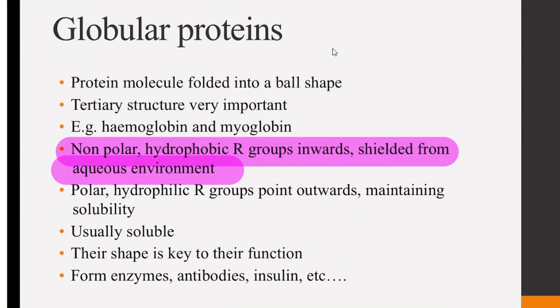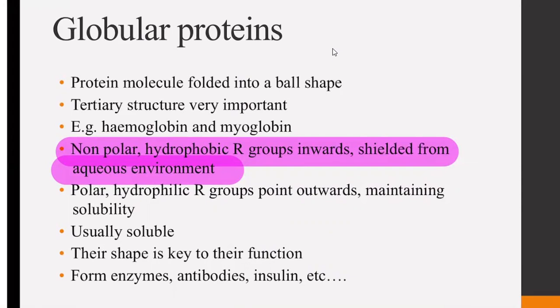Miss, I think it's derived from globe. Yes, globule or a globe. So this means any protein which is spherical in shape is globular. The reason why every protein which has a tertiary structure is said to be globular is that tertiary means